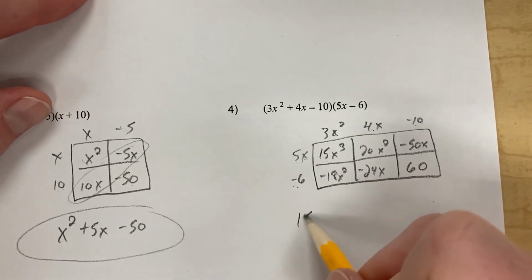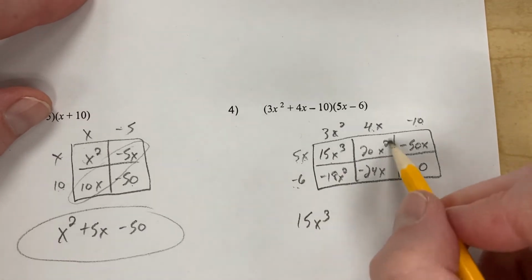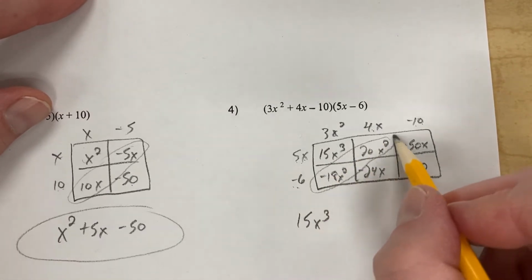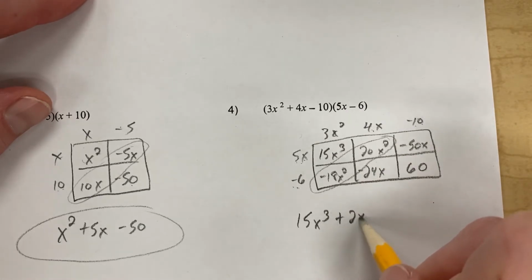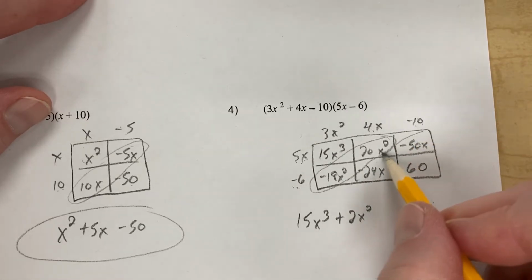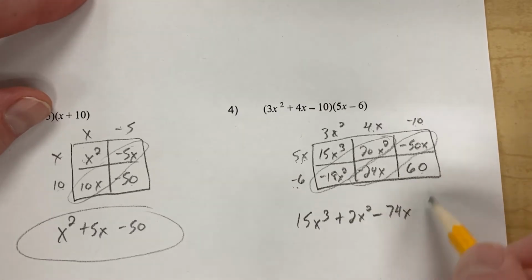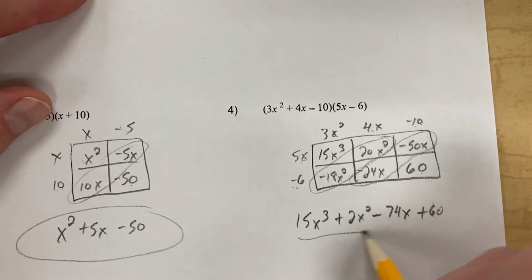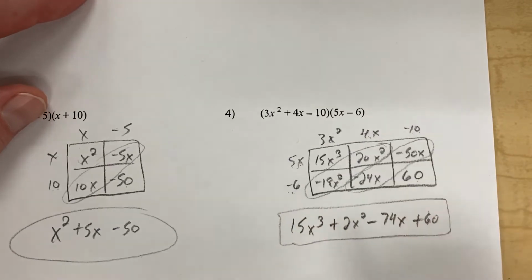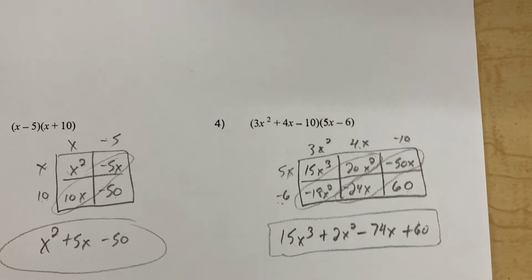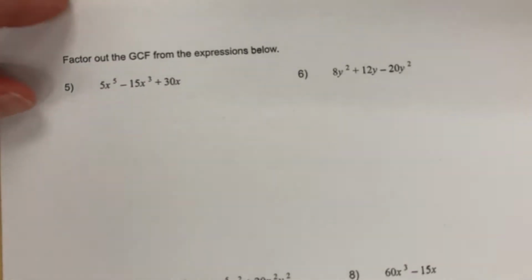So we have 15x cubed. We have 20x squareds minus 18x squareds. That's going to give us 2x squareds. Negative 50 minus 24 will give us a negative 74x. And then we have plus 60. So you just have to stay organized, but otherwise it's not too bad, right? We've done that before. Now today what we want to do is try to pull the greatest common factor out